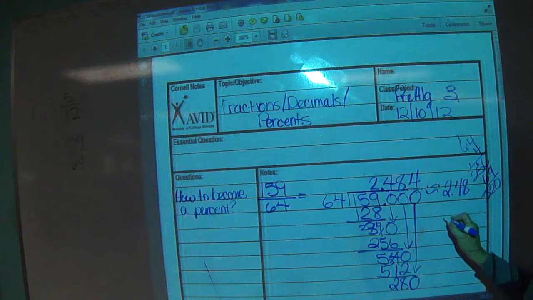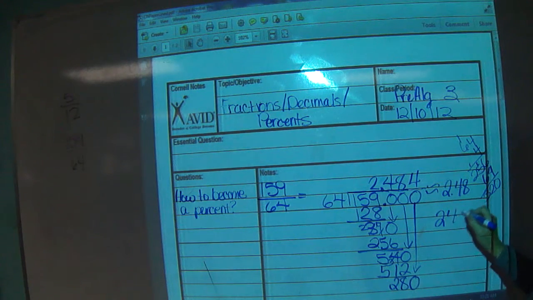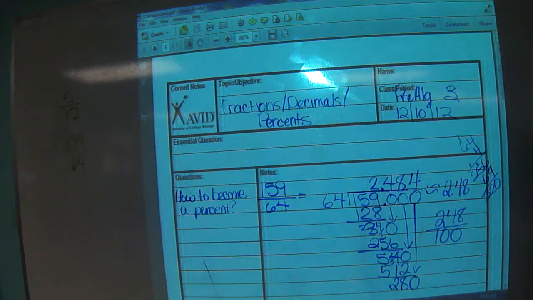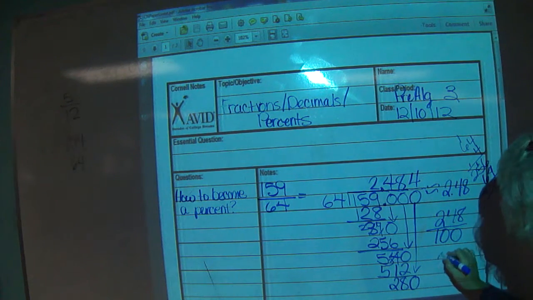2.48, which is 248 over 100. So what's our percentage? 248. Yeah, it's going to be